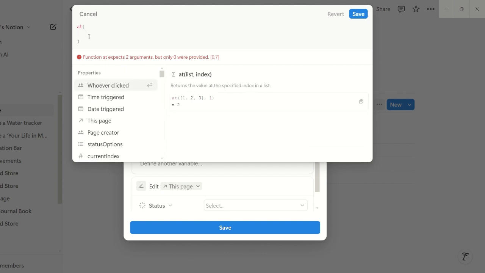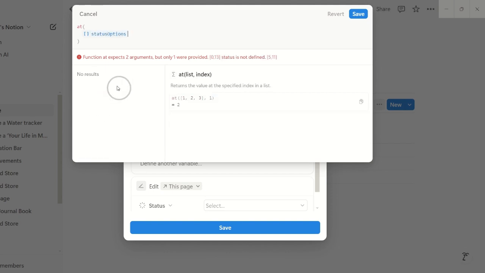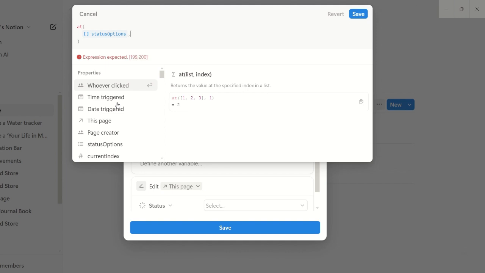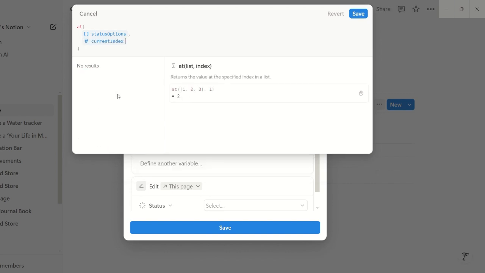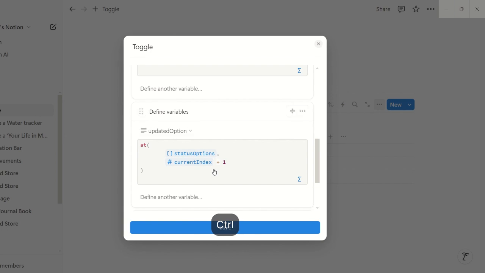So what we want is to take the options list, so it's going to be status options, and for the index we're going to take current index plus 1. So if the current index is 1, we're going to add 1 to it, so it will become 2. So we'll take the second option from this list, which is going to be the next one. So for now, we'll just save this, control enter, and then